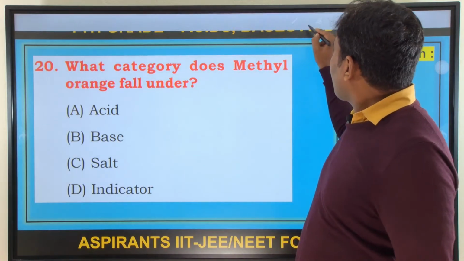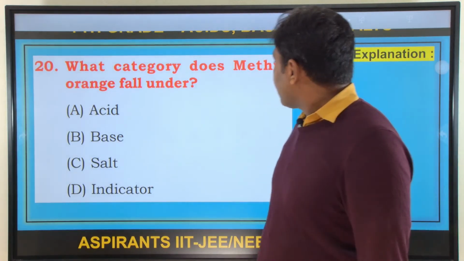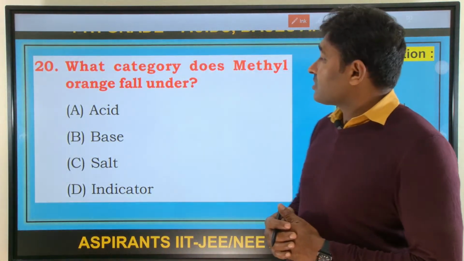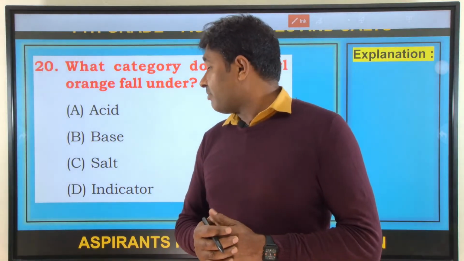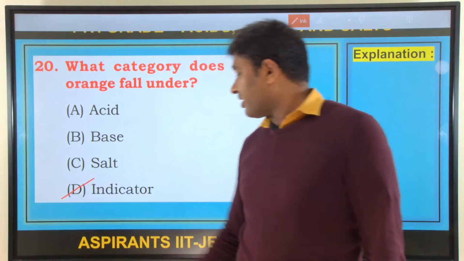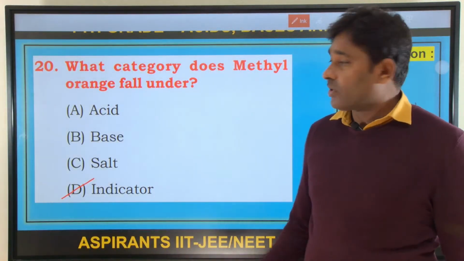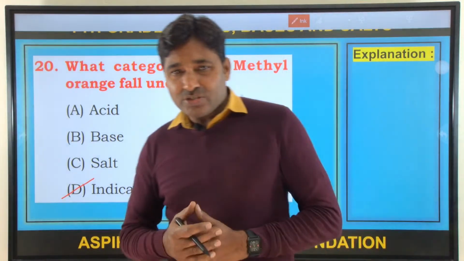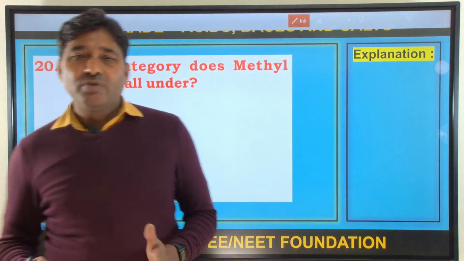Okay. Now, what category does methyl orange fall under? Acidic, basic, salt or indicator? Indicator. Methyl orange is an artificial, synthetic indicator. Okay. So it is an indicator, option D. Okay, now 20 questions we discussed. Now in the next video we are going to